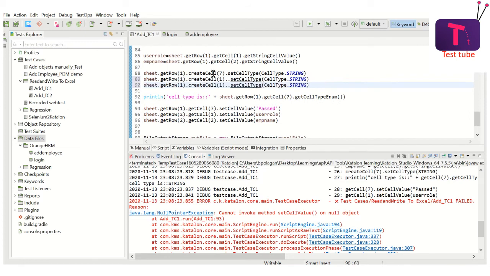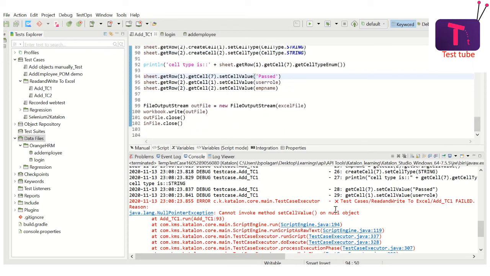So similarly, I'm going to create in the cell 2, and these are not for row 1, these are for row 2, right? So now this is done. Okay, so this is the most common mistake that the beginners will do, and that's why I want to stress it out. And also there will be another common mistake.